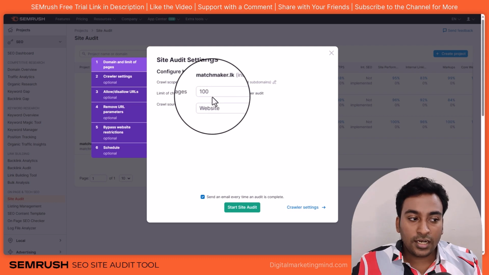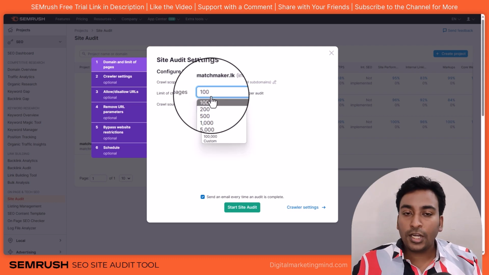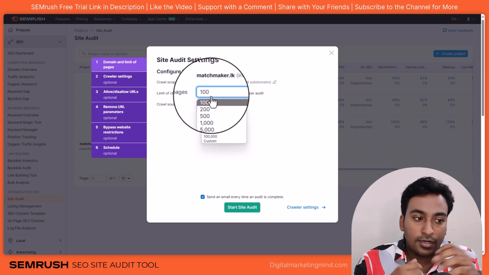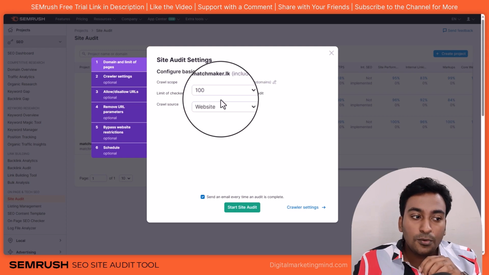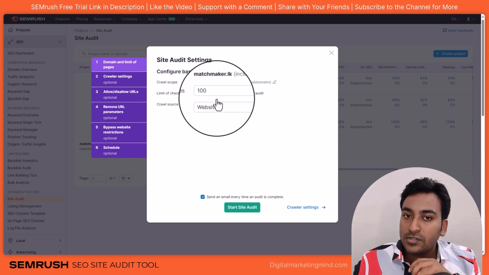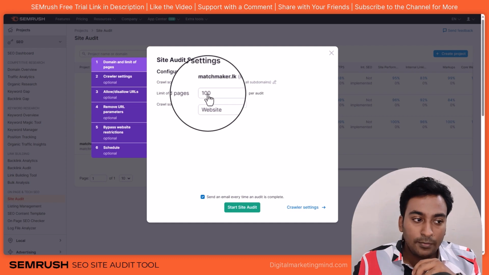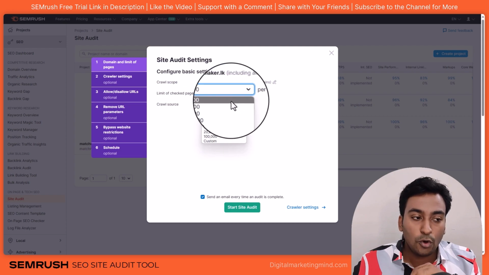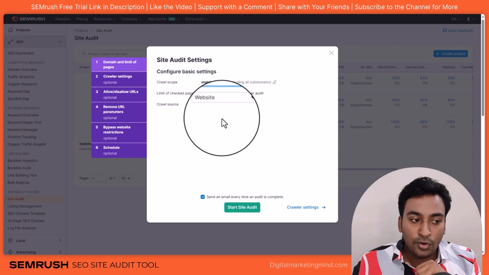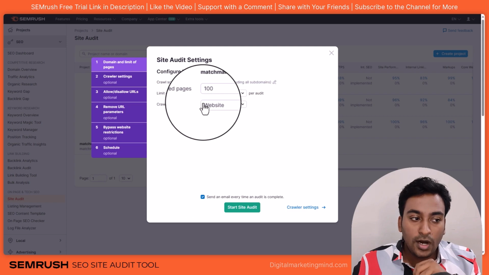And then there's the limit of pages to check. Depending on the number of pages, you can limit it. For example, you can go up to 100,000 or even custom according to the plan limit. So basically, if you want to limit for some other purpose, you can set the limit. You can set it around 5,000, 10,000, or even 1,000 is a good number if you don't know which one to choose. Since I'm doing a demo example, I'm going to do 100 here.